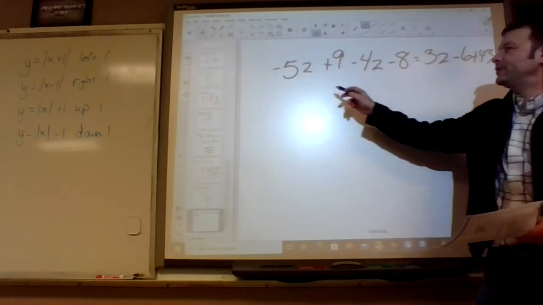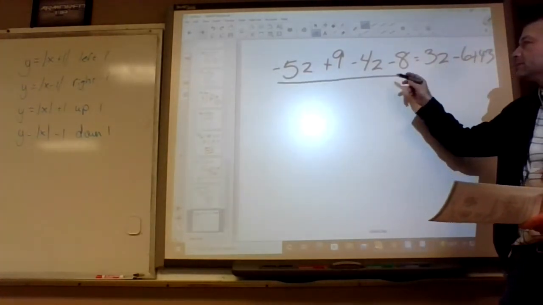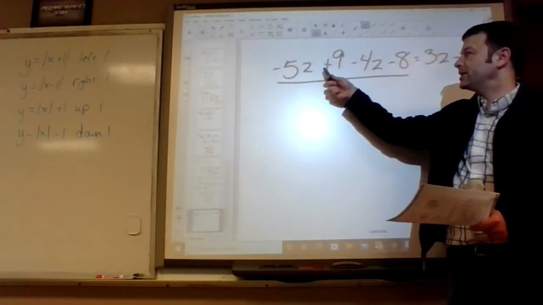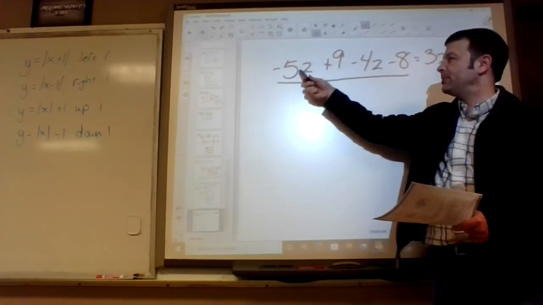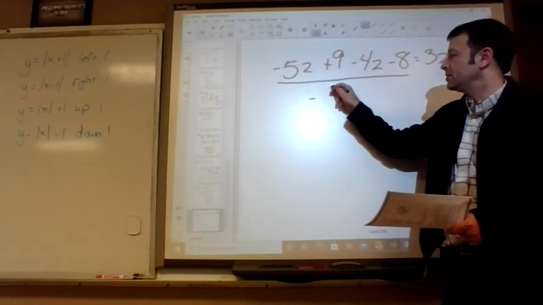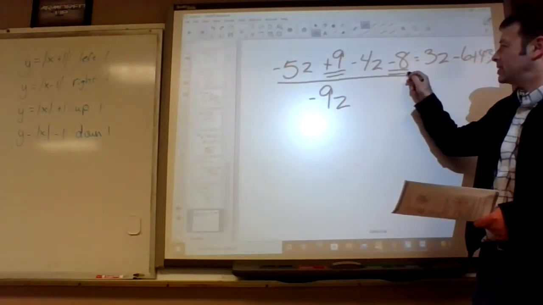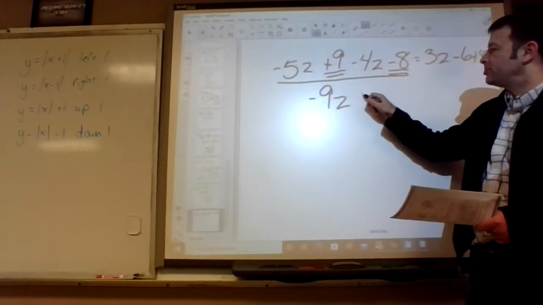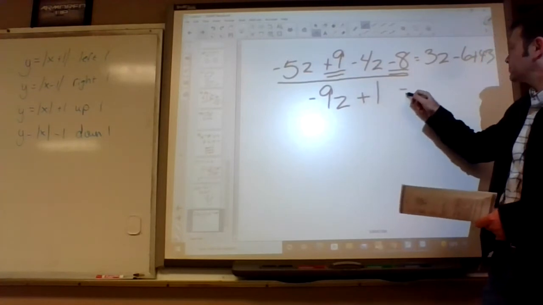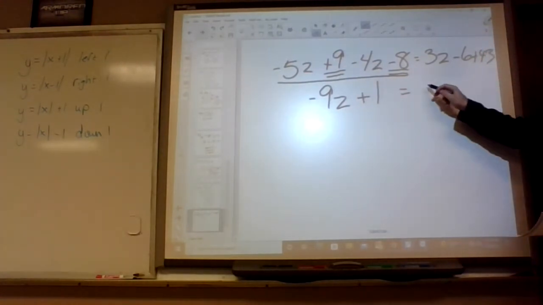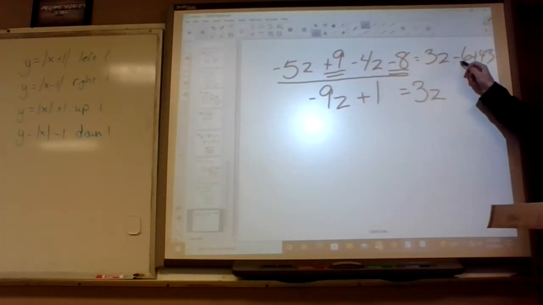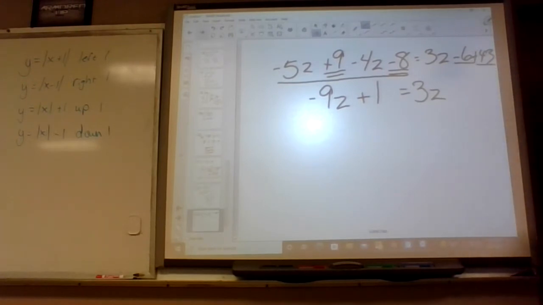Okay, how can we simplify the left side? Put your like terms together. -5z minus 4z, -9z, and plus 9 and minus 8, positive 1, so plus 1. And over here, 3z is by itself, but we also have -6 plus 43, which is